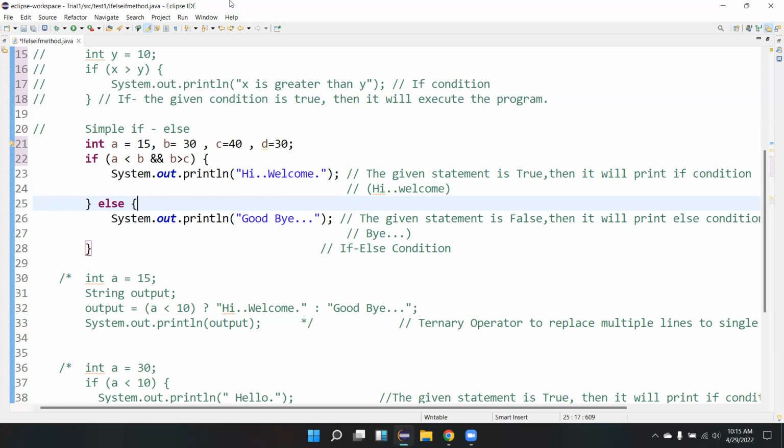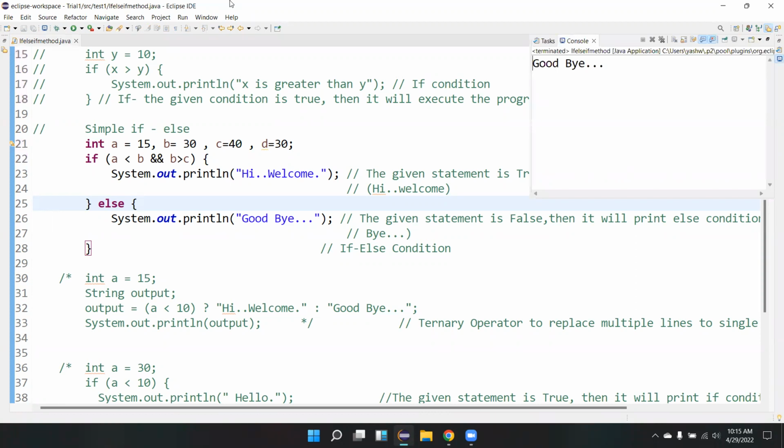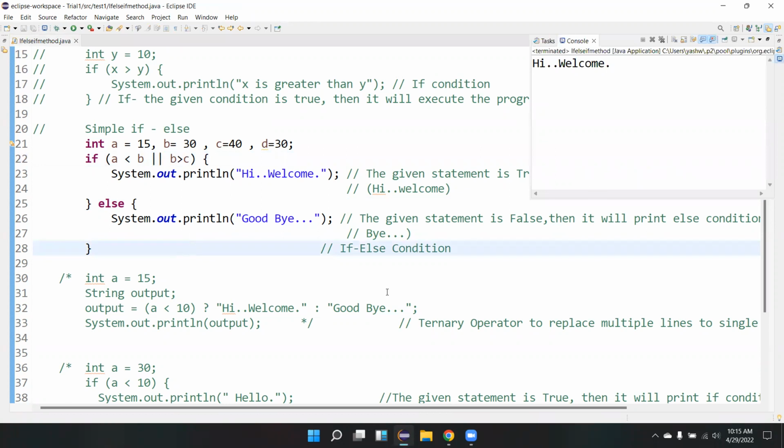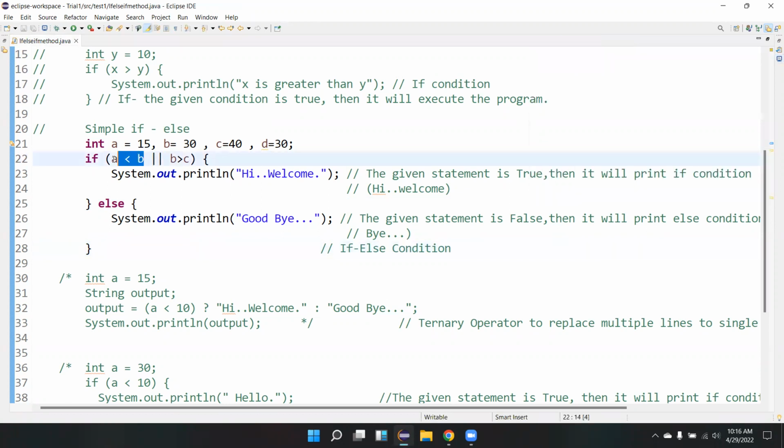In the AND operator, both the conditions should be true. Now if I give this one with double pipes, the OR operator, either one of the things being true is enough. If any one condition is true, then it enters into this.